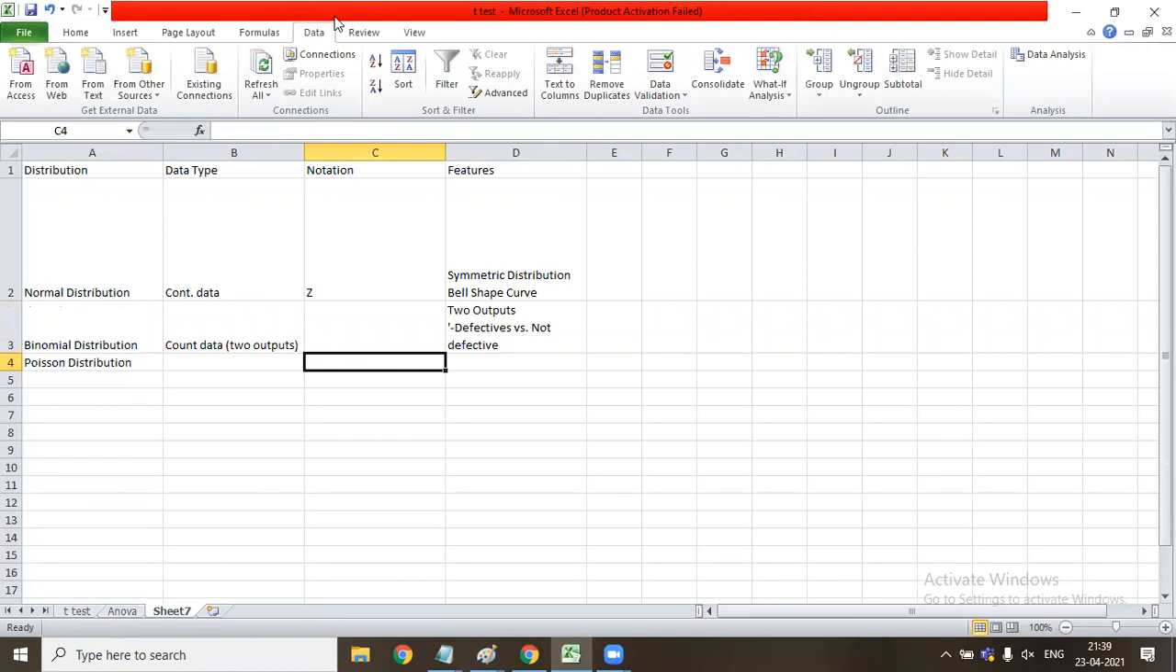The Poisson distribution is again a discrete distribution. Discrete means it works on counts. So it is a distribution that works on count data. It also does not have any notation. It is used in problems like if we need to calculate